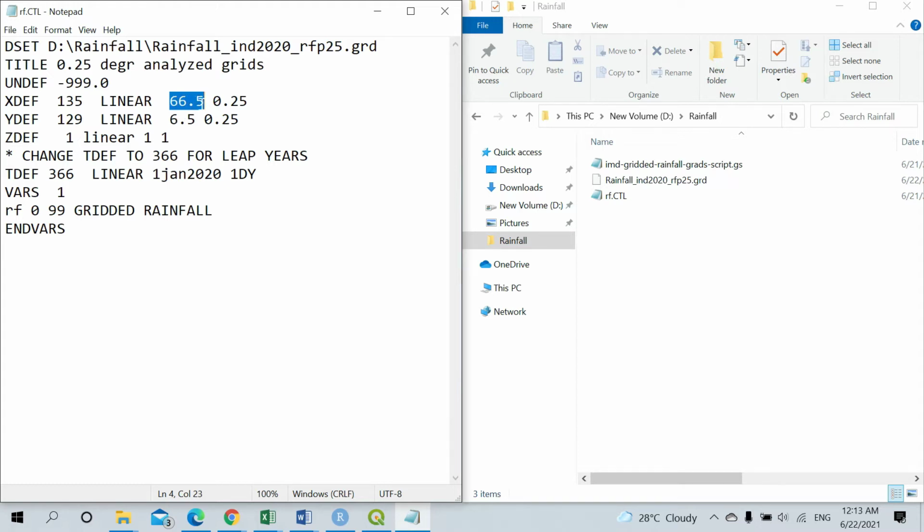In your longitude, it starts at 66.5 degrees, and for every 0.25 degree there is one pixel. That is what this means. If you go to the last pixel, you'll find a total of 135 pixels along your x-axis, that is along your longitude. And along your latitude, you'll find 129 pixels. So this is predefined for 0.25 degree.